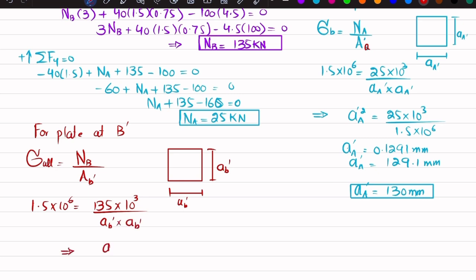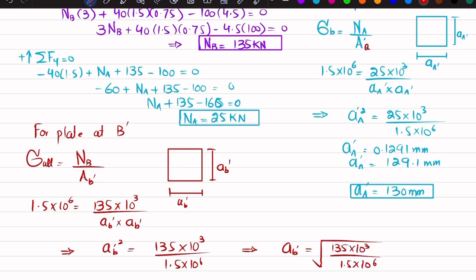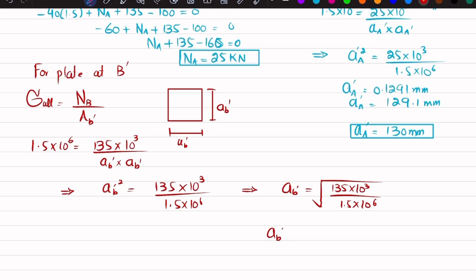So from here you will get AB dash square is equal to 135 into 10 to the power 3 divided by 1.5 into 10 to the power 6. Clear? And if you take the square root on both sides, you will get AB dash equal to the root of 135 multiplied by 10 to the power 3 divided by 1.5 into 10 to the power 6. When you calculate it, you will get AB dash equal to 0.300 meter, or